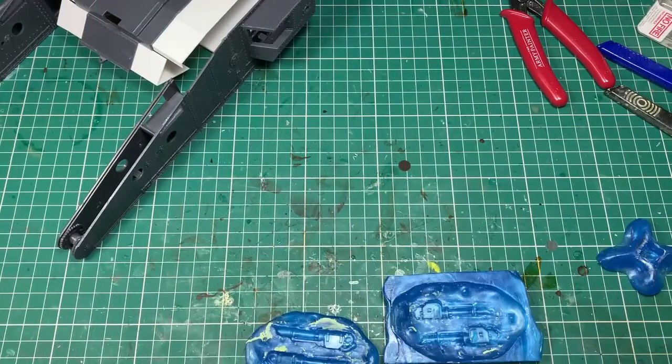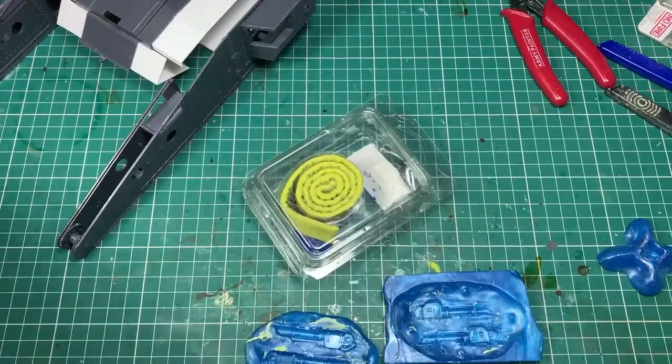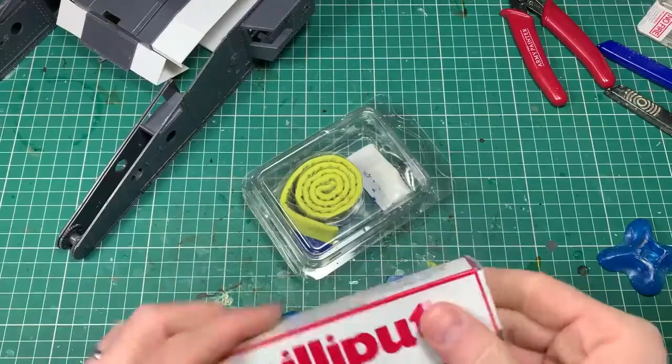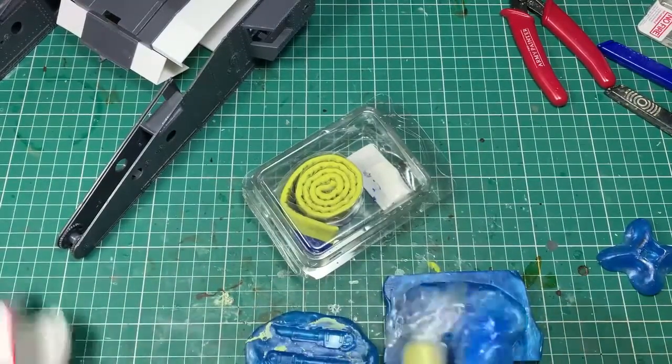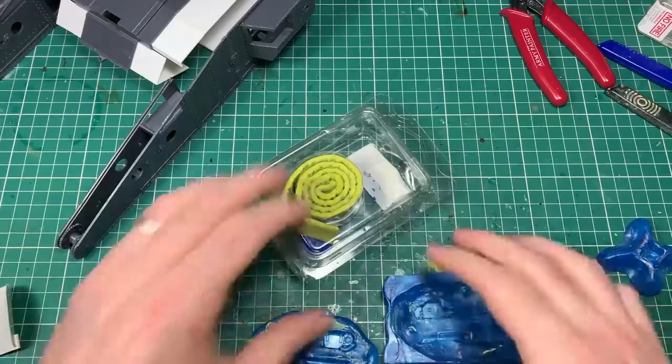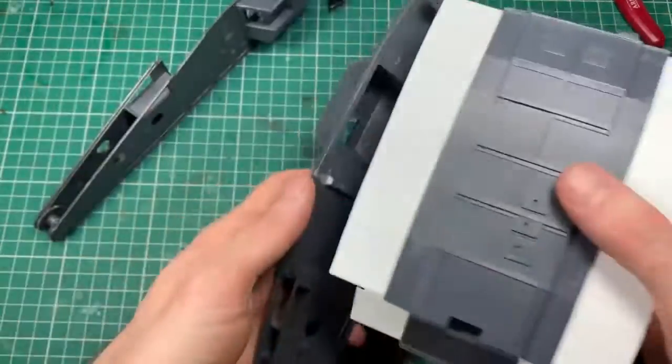So this is quite a long process. If you were to just do one cast of the las cannons a day, you'd be talking 3-4 days to get it done. But if you do a cast, do some modelling for an hour or so, what's in that mould you'll be able to pop out, put somewhere flat to dry, and then you can fill the mould again, so you can do it in a couple of days. And you can see here